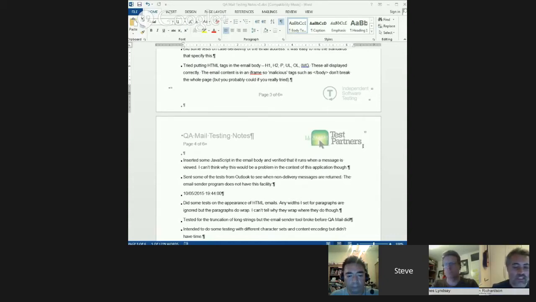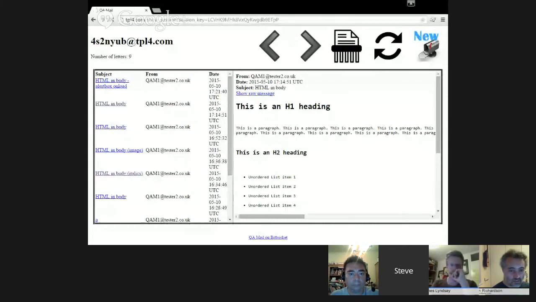Because what that means is it is vulnerable to cross-site scripting, because you can send in an email that has script tags, and it will actually execute that script. You can do that in the subject, and you can do that in the body. So you can send an email to this test server that generates a cross-site scripting vulnerability because of that. It actually shouldn't just render it as an H1. It should render it just as the